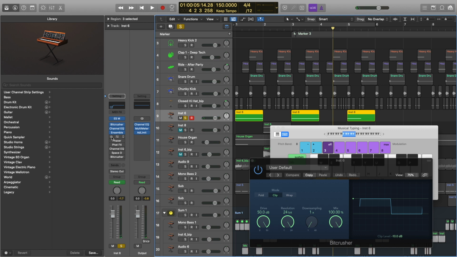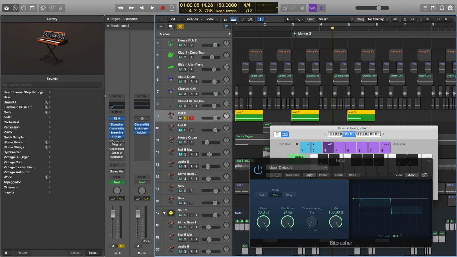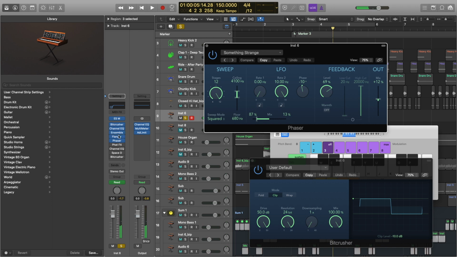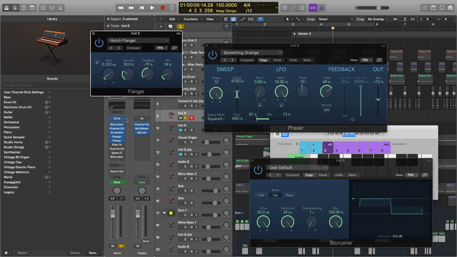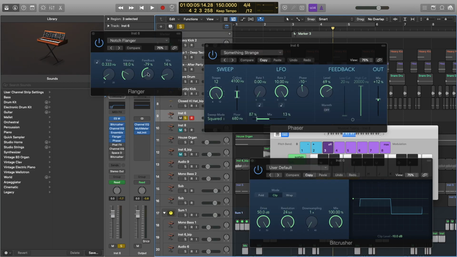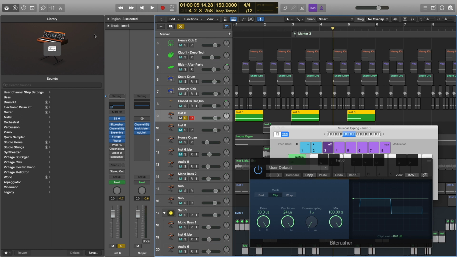And then I added some flanger. What I did is I just picked a preset. This is the notch flanger, and then adjusted the mix. Same thing with the phaser. And if you see, none of these effects that I have are all too high: the ensemble is 25%, the flanger is 14%, the phaser is 12%. So it's not a whole lot from any one in particular, but all of them together start to build a